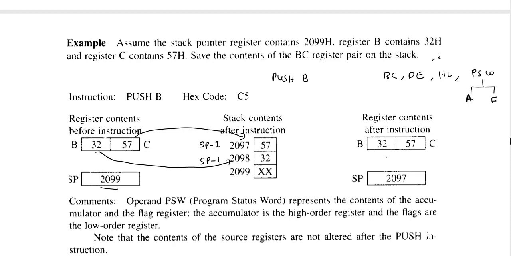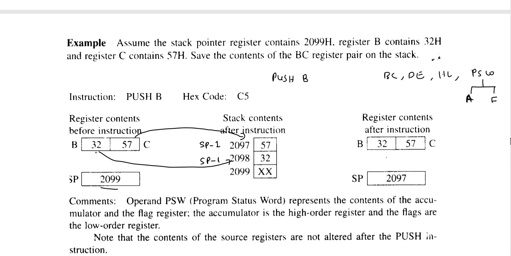Now the question arises, why are we pushing the value of registers here? Because registers are limited within the microprocessor. Suppose we want to use the registers in the subroutines, and we are using the same registers in the main program. When we use the same register in a subroutine, it may happen that your value will overwrite. So before using the same register, you have to store the initial value of the register onto the stack so that you can use it freshly in the subroutine. And after completing the subroutine, when you return back to the main program, you can retrieve the old value of the register pair from the stack.